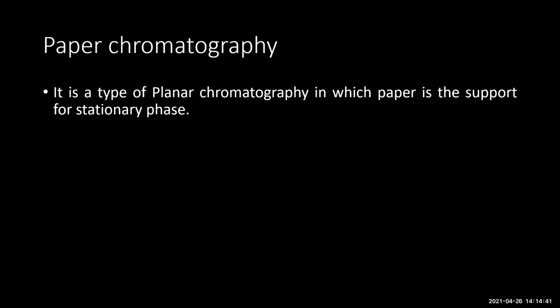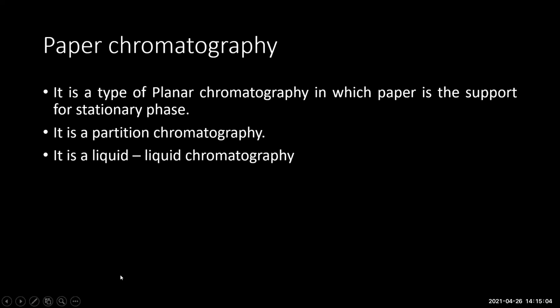So continuing on, that is the topic for our class today. The first type of chromatography is paper chromatography. It is a type of planar chromatographic technique in which paper is the support for the stationary phase. We had seen that based on the type of media we use as our support base, we can classify chromatographic techniques. One of them is when it is paper, so it is called paper chromatography. That's a type of partition chromatography technique. Okay, so it can also be a liquid chromatography.